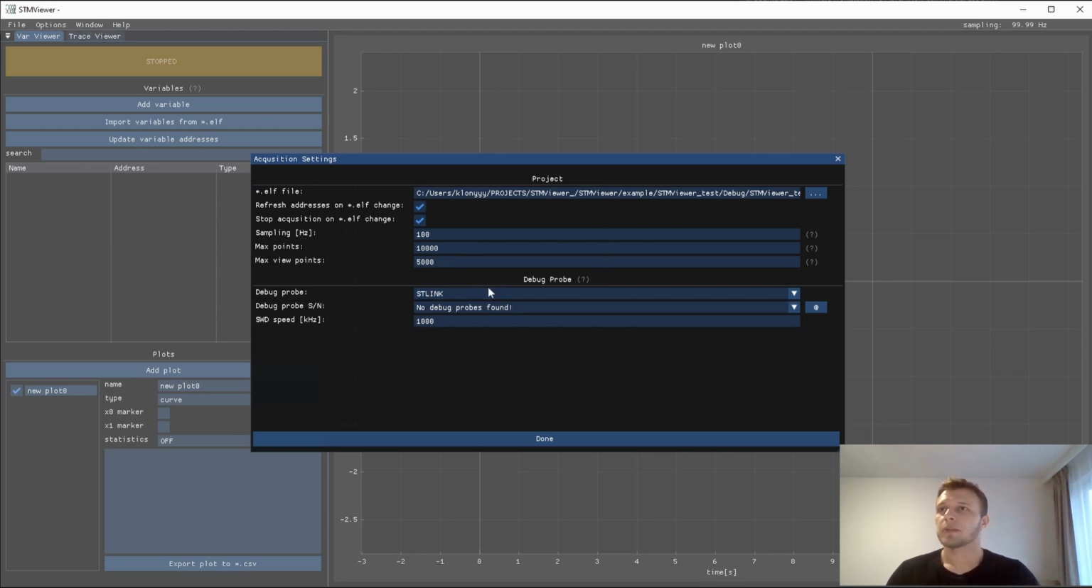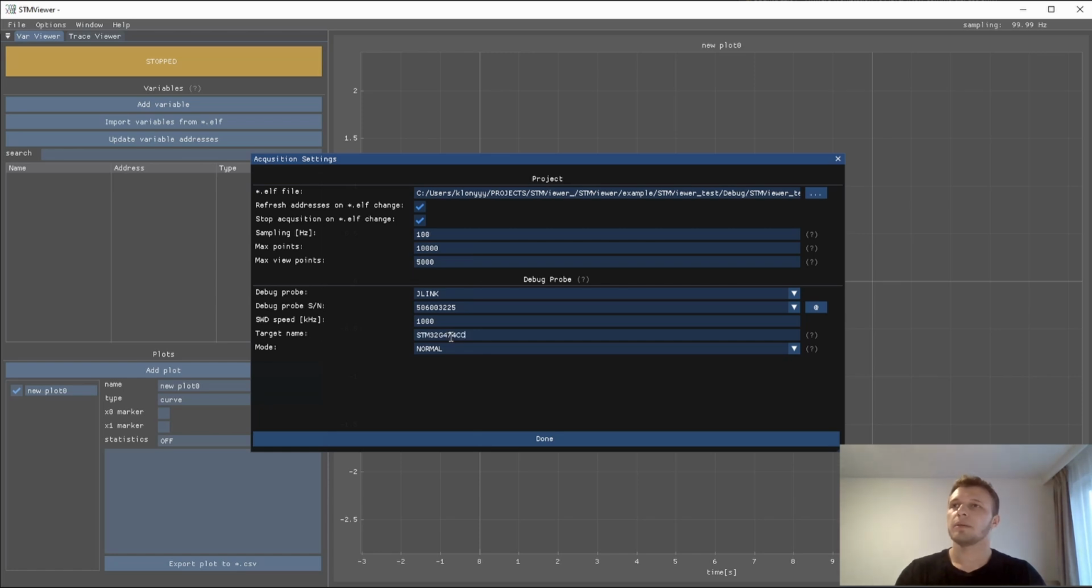The debug probe section is the next section that we're going to take a look at. In this tutorial, we're going to use the JLink probe, as this is what the latest update was all about. As you can see, I've got one JLink probe connected to my computer. It detected the serial number automatically. The SWD speed that we're going to use is 1 MHz, and the target name is